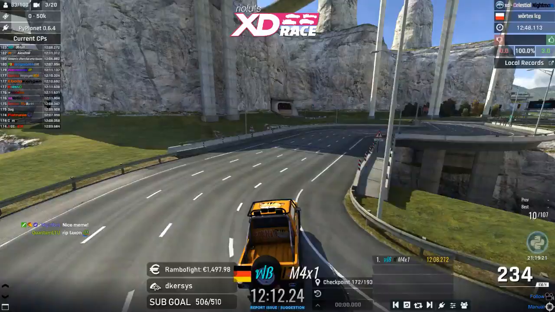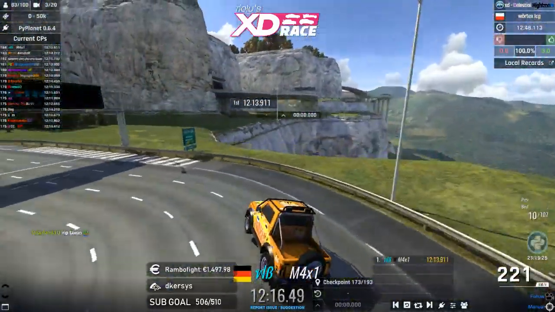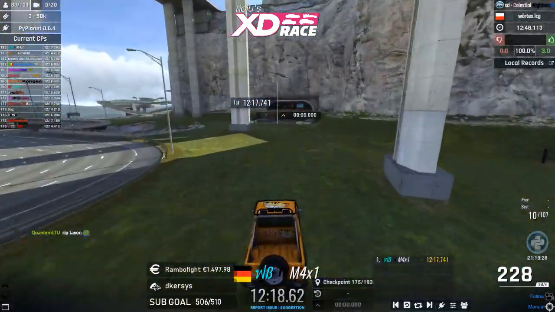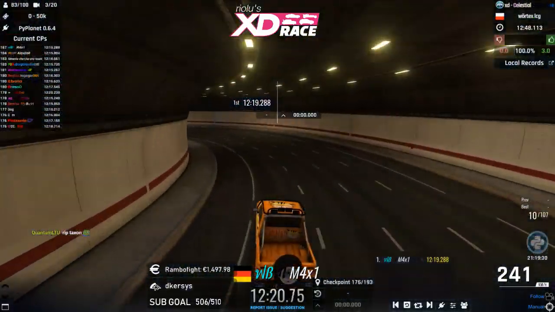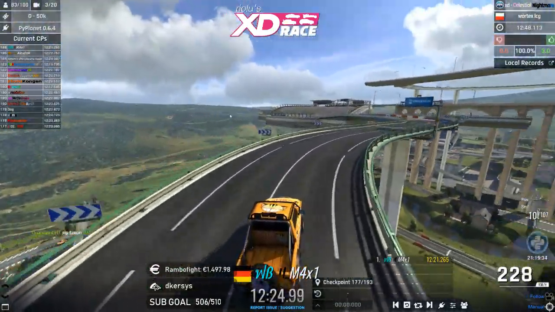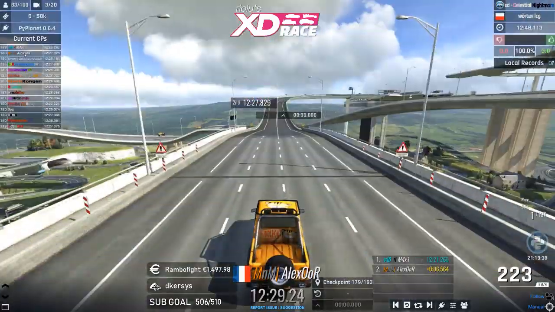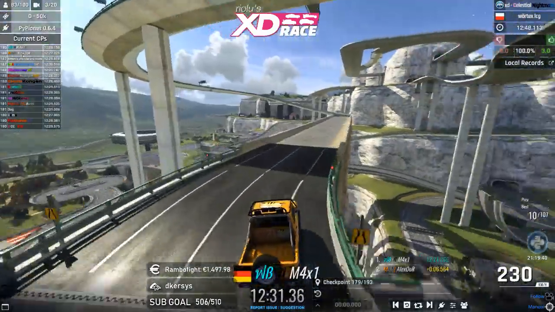Alright, 12 minutes have passed. Another U-turn. I think Maxi is going to drop the ++ here. I'm pretty sure he's going to like this one, unless he pulls the Alexor and gets sniped at the end. But Maxi is 2 checkpoints ahead. Alexor now crossing checkpoint 179. Maxi is at...